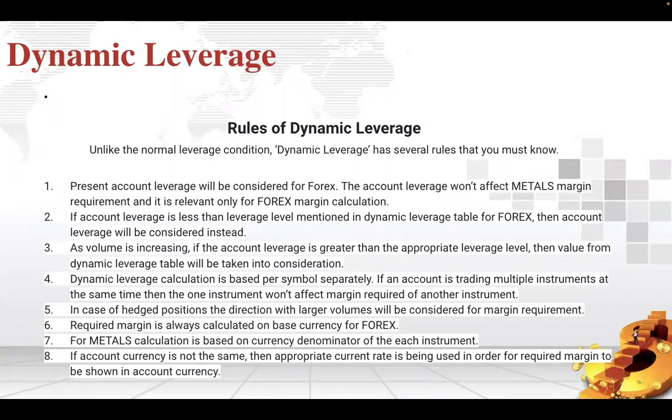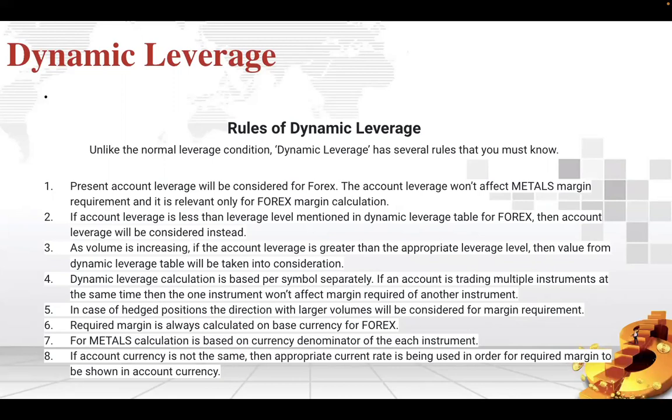And as volume is increasing, as your exposure is increasing, if the account leverage is greater than the appropriate leverage level, then the value from the dynamic leverage table will be taken into consideration. So you are going to use, of course, the dynamic leverage. This dynamic leverage calculation is based per symbol separately, okay? So if an account is trading multiple instruments at the same time, then one instrument won't affect the margin required for another instrument. In case of hedged positions, the direction with larger volumes will be considered for margin requirement,